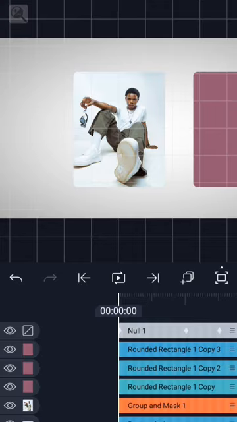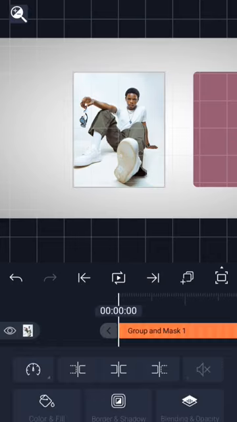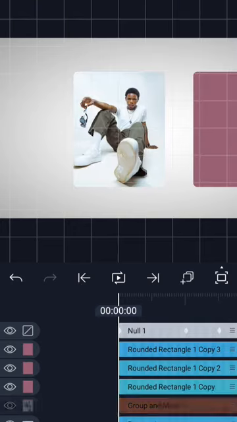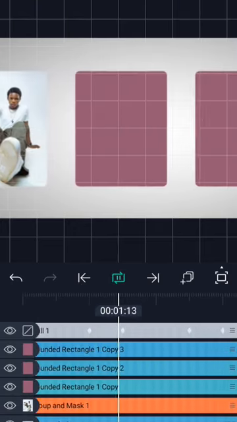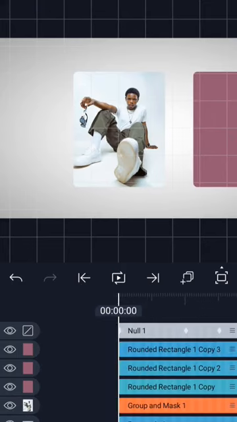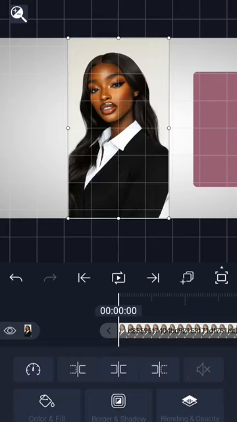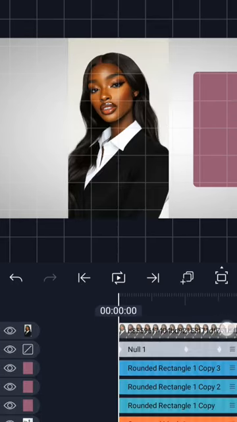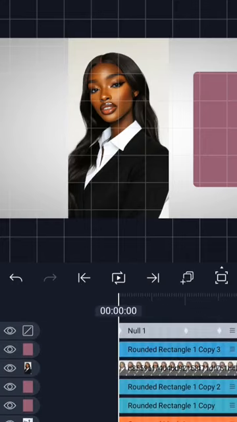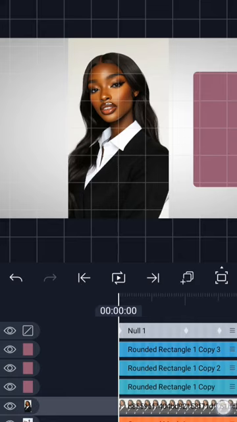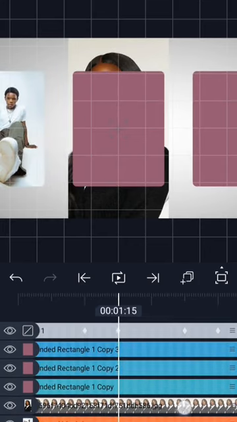You can see it is now inside the card, but when it moves, it won't move, so you have to parent it again. You have to parent it again to the null. When you parent it again to the null, you can see it's moving together. And to do that for the second card, just go pick your model, position it under the next card, come to the position of the next card, then